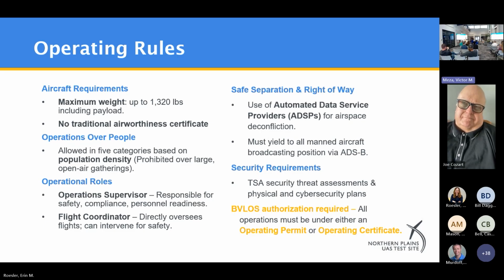What is prohibited in the rule, though, is still flight over large gatherings of people, open air assemblies. So this would be stadiums, concerts, outside gatherings, because it's recognizing that those population densities and the concentration of people are largely unprotected, so unsheltered, and therefore really are an increased level of risk. The rule really didn't handle how those operations could occur safely, and so ultimately just prohibited those from occurring.